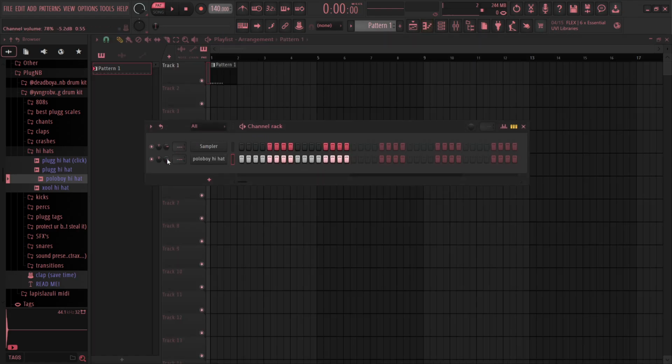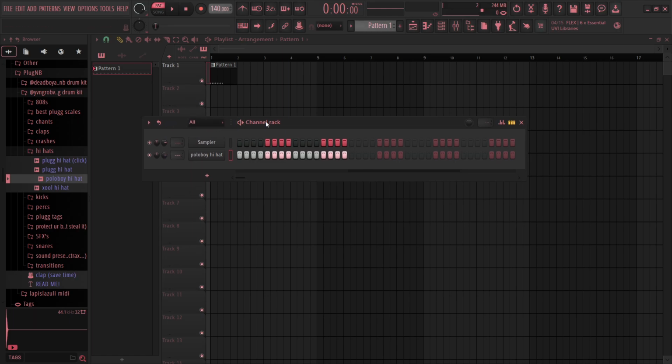Here is your channel volume. This is where you're really going to be doing the mixing, through the channel rack with your channel panning and your channel volume. This is how you're going to get your beats to sound good, by mixing them and making sure each sound in your beat has its own pocket or its own space within the actual mix and/or beat itself. So I'm just going to delete this real quick,